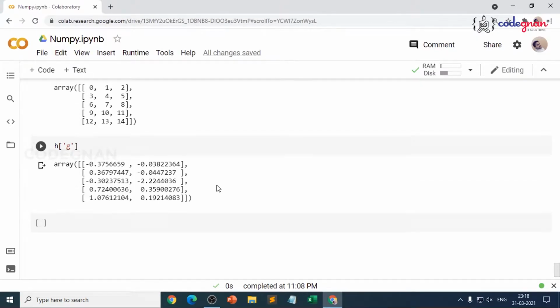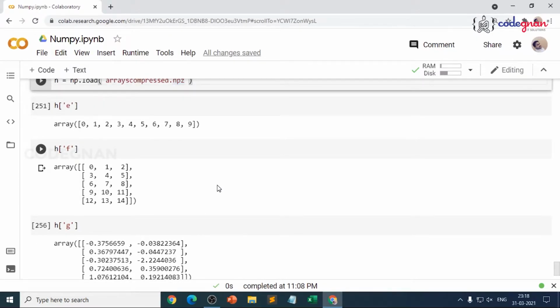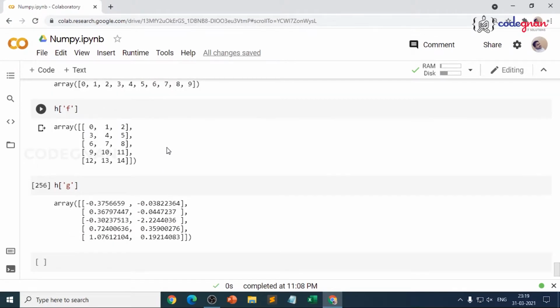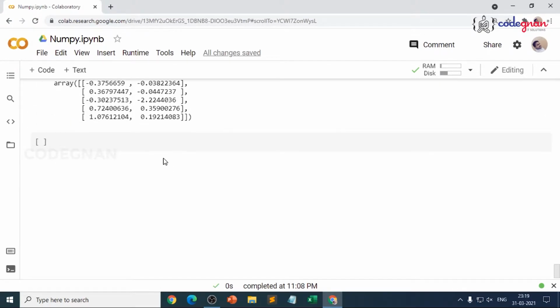So we have understood how to save and load array data. If you want to save multiple arrays, we have used np.savez, and if you want to save multiple arrays into a compressed format, we have seen savez_compressed. That's good. But now we'll be understanding some other important array functions: how to join sequences, how to split them, and how to just pass the reference or just pass the copy.